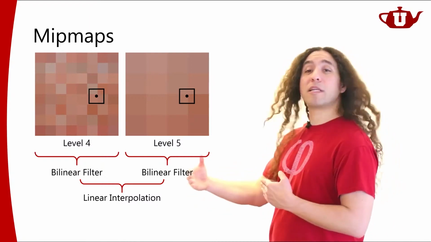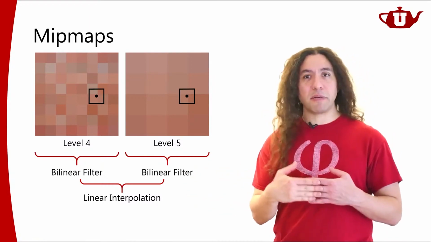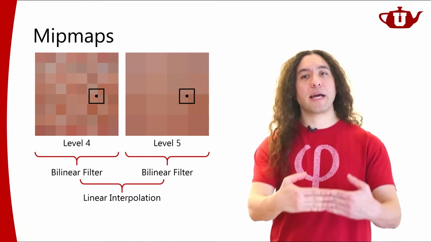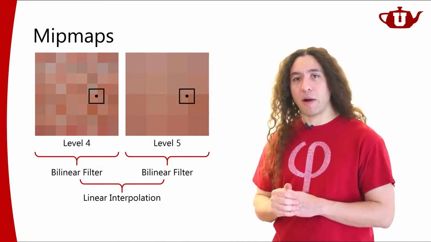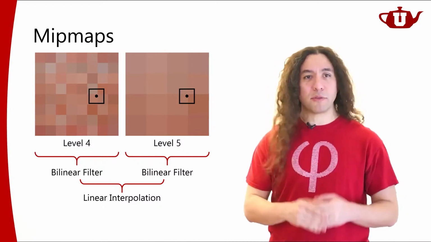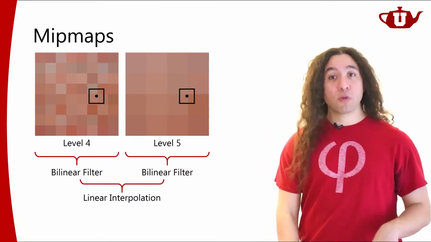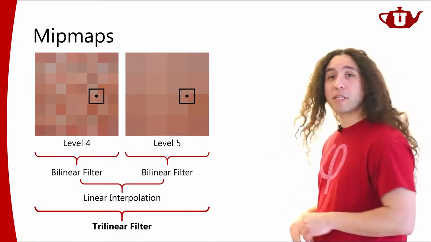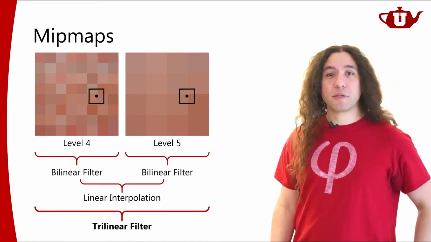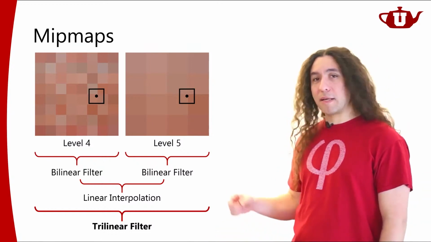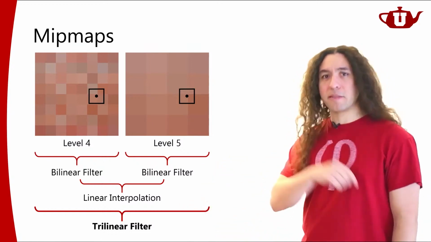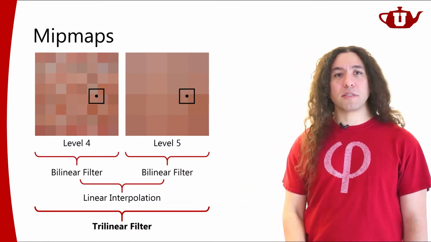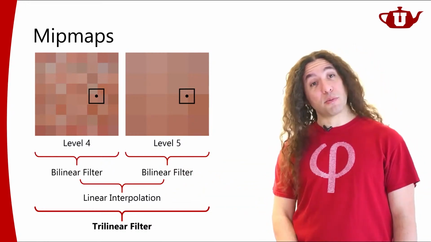And by linearly interpolating between levels, I got rid of this discrete decision of which level to use. So I'm smoothly going from one level to the next, to the next, and to the next. So I'm not going to see any jumps when I'm rendering. And this whole thing is called trilinear filtering, right? Using mipmaps to do this filtering is called trilinear filtering because it's a bilinear filter and then another linear operation. Actually, two bilinear filters and then another linear interpolation operation.